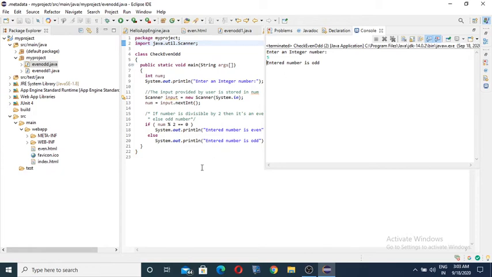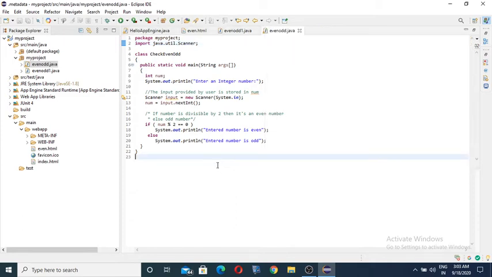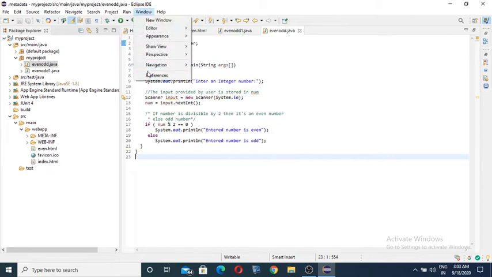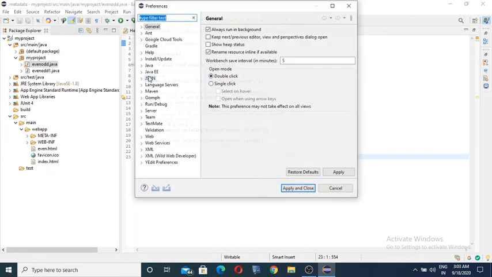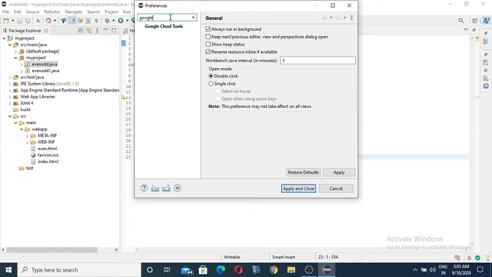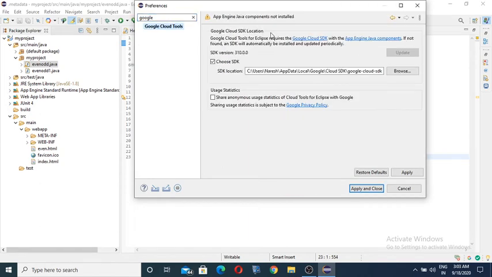Okay, like that, all of you must include the Cloud SDK shell. How? You can move to Windows, and at Windows you can move to Preferences. In Preferences, type Google in the box, enter. It will come here, the path will be the SDK location.